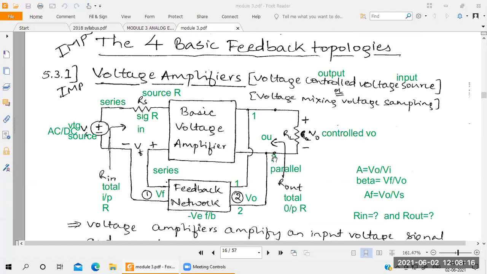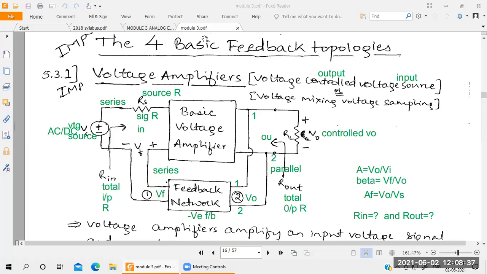Here, see this diagram. The feedback input has been taken from the output, right? So this one is a parallel connection. They have drawn two lines, right? Two lines means it's a parallel connection to the feedback here. Then you take the output of the feedback. So this output of the feedback is connected in series with the voltage source.